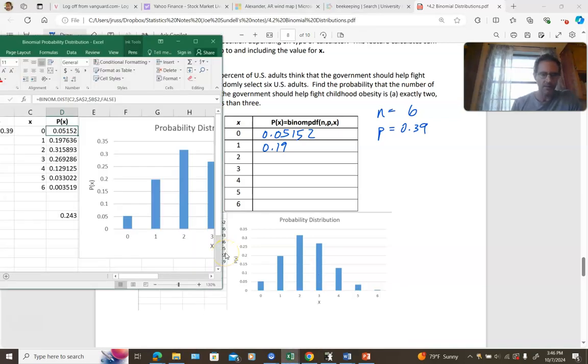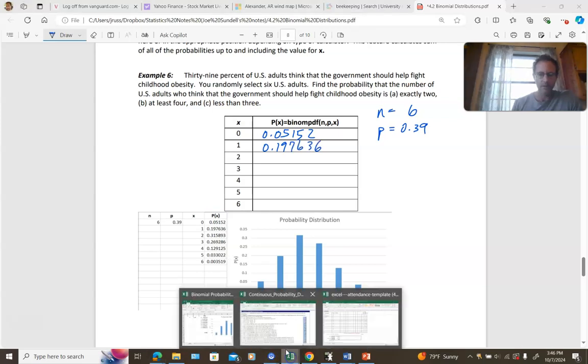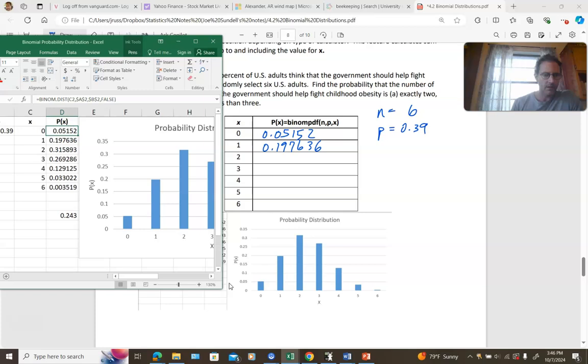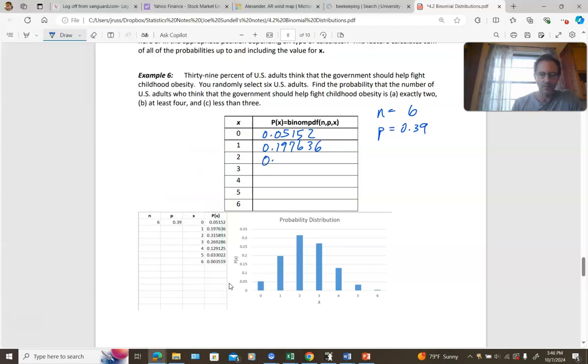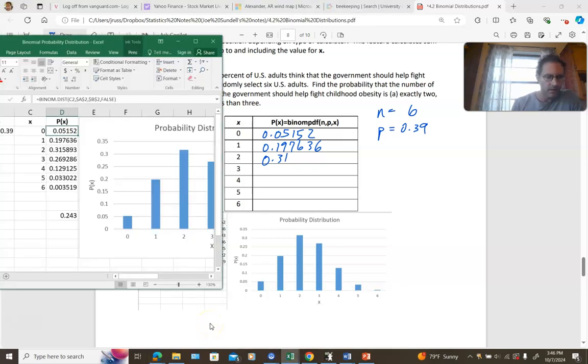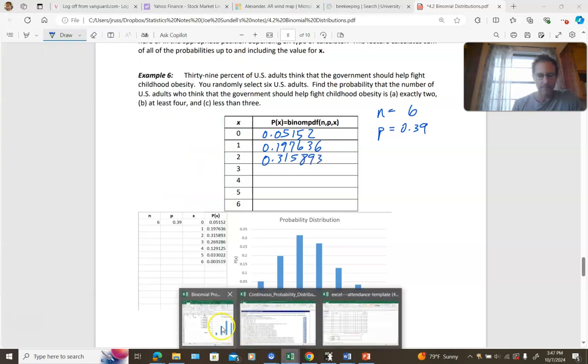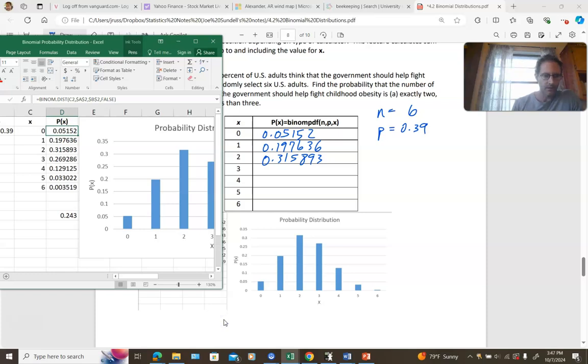And 0.97636. And then when x is 2, our probability is 0.315893. When x is 3,